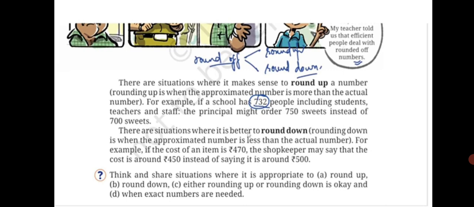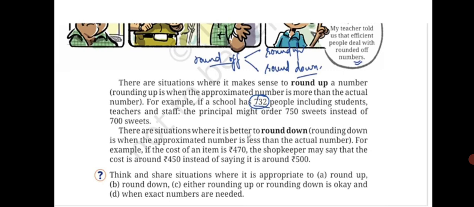For example, when ordering food for a party, we always want enough food so that everyone can eat, so that no one is left without food. Sorry, it should not run out, I mean the food.